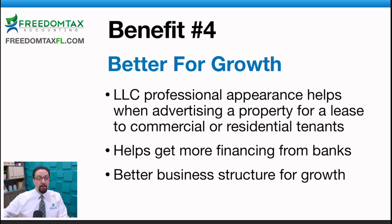So that gives you a more professional appearance. So it gives you an advantage in the market to market your properties for commercial or residential tenants. It also helps you if you want to acquire a mortgage to buy more properties, because if you're going to a bank to ask for more money for your investments, your professional appearance of doing business under